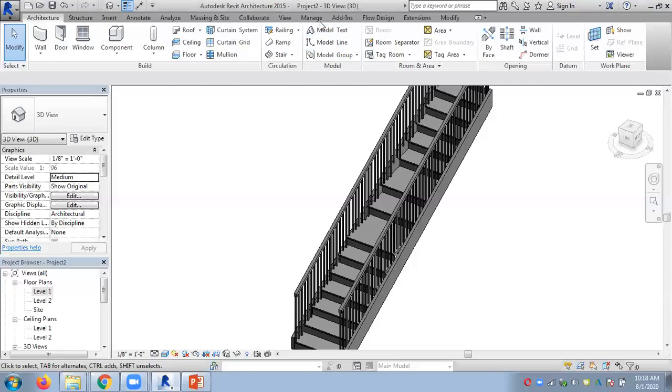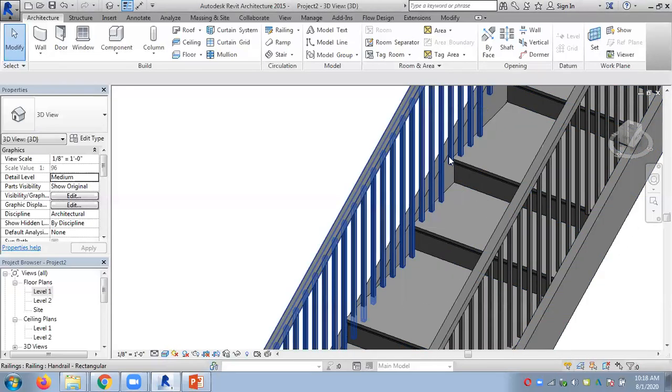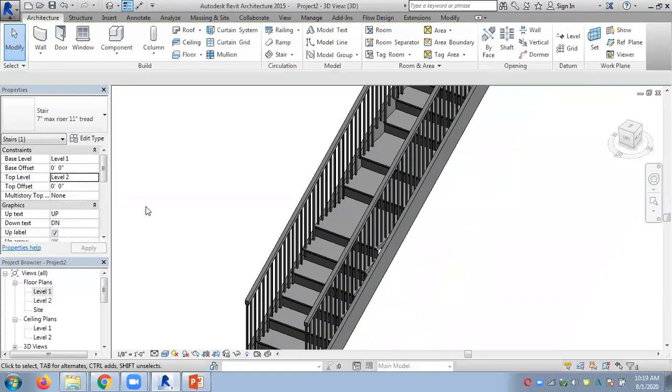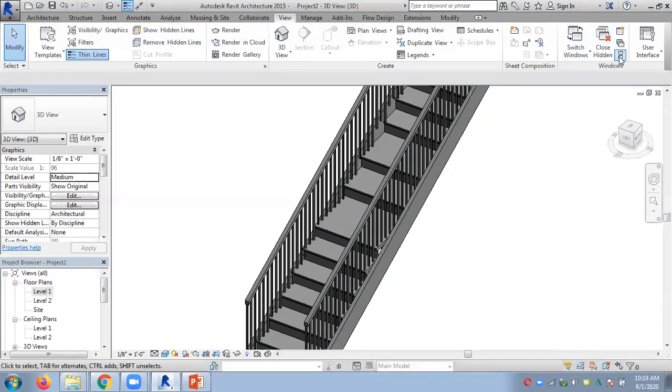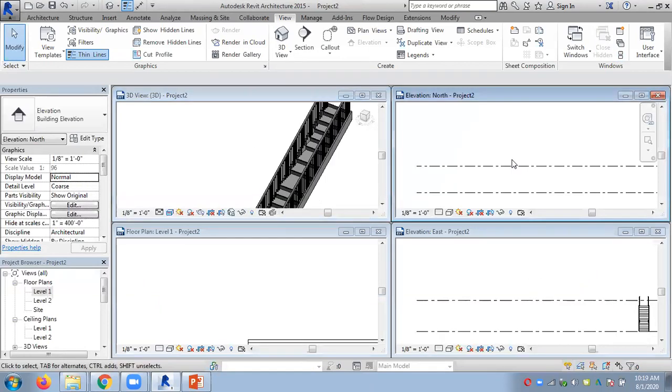Okay, so you can watch this video again as these are somewhat advanced areas in Revit. So I will edit this railing issue. So what can be done here. So if you have this kind of railing problems, the easiest thing we can do is I will get the 3D view also.